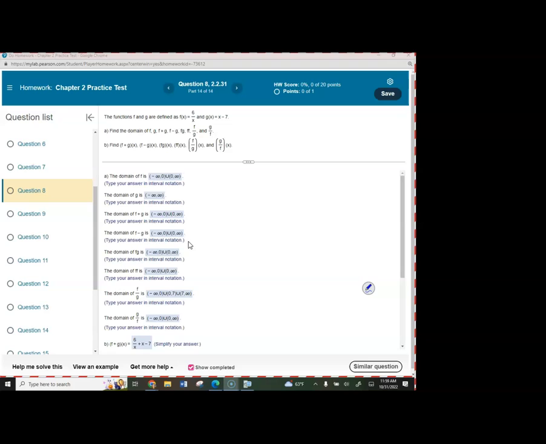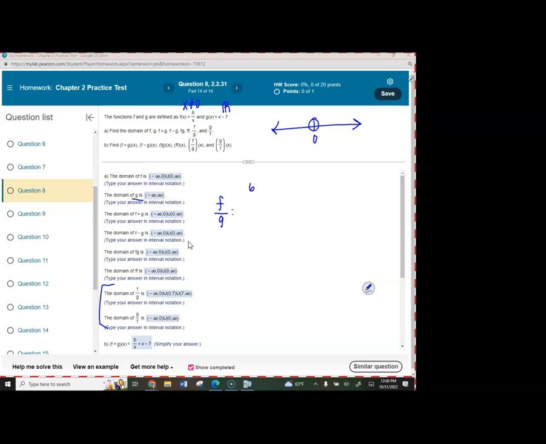So, let's see. The domain for f(x) cannot be 0. The domain for g is all real numbers. Okay, so far. Here's what I like about this one: you can do your number line, find zero, and you already know, okay, gotta skip over zero. So all of these are easy. You just gotta skip zero, except for that one, of course, it's just g. When you come to a fraction,